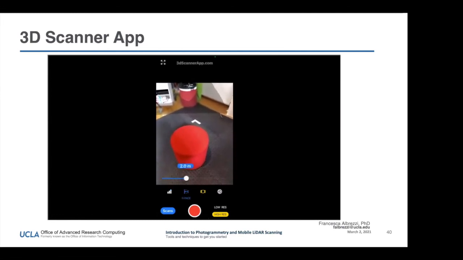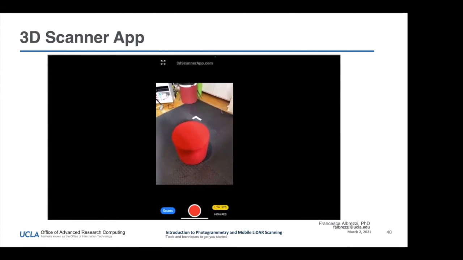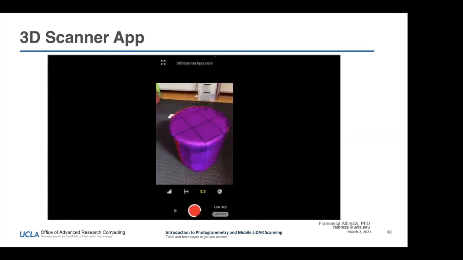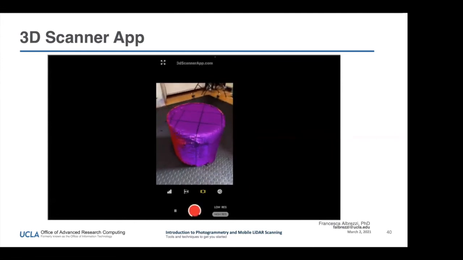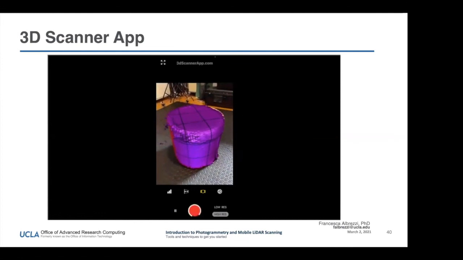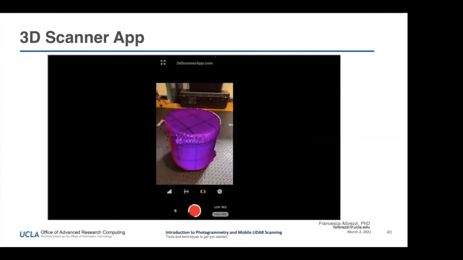And this is a product by MeshLab. This app is also free, but it requires a LiDAR camera sensor device, such as the iPad Pro or the iPhone 12 Pro. And you can export in the USDZ format to share your scans in iMessage or AR Quick Look. Additionally, you can export scans as OBJ,